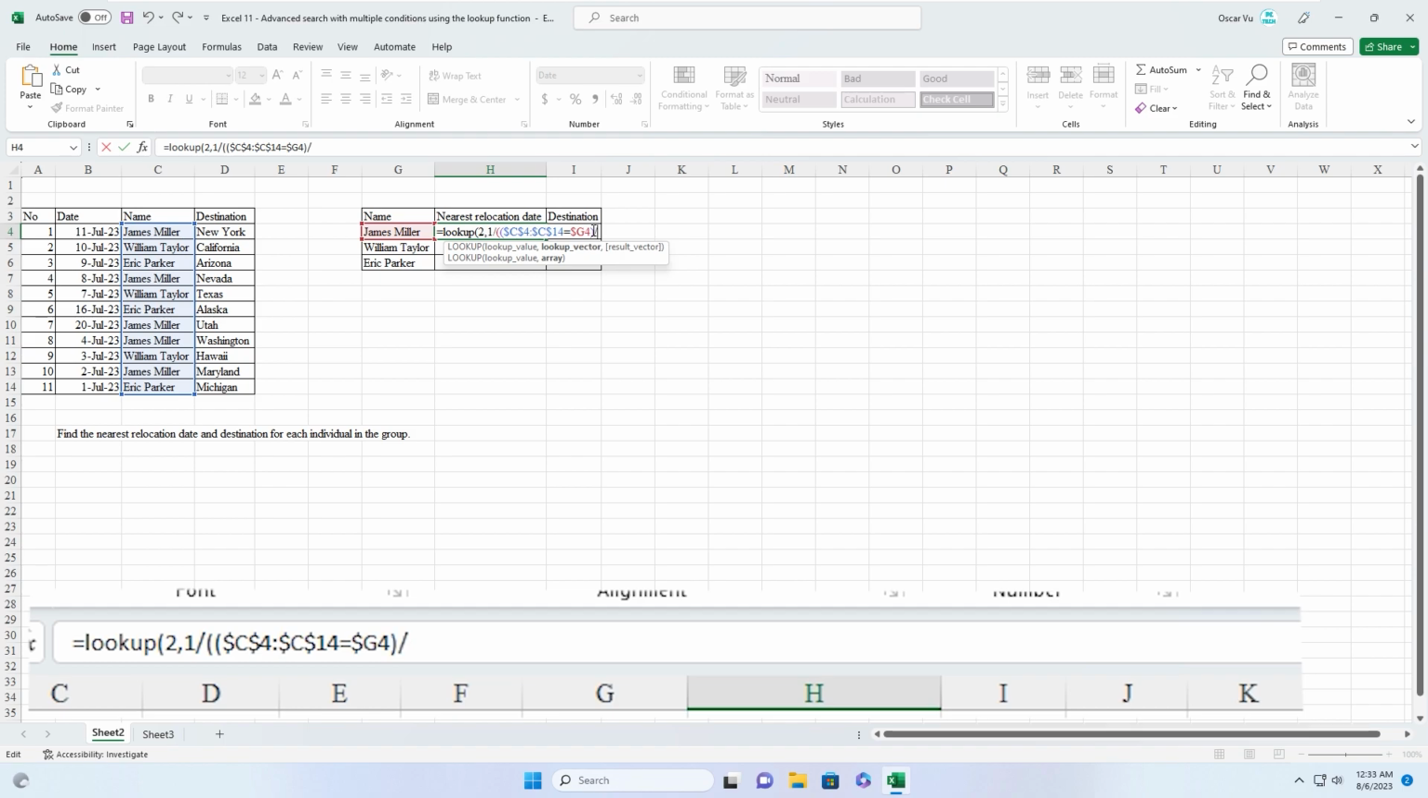Close parenthesis, divide, open parenthesis. Next is the condition about time. I select this range, press F4 to lock. In this range, I only find the corresponding date for each individual. It means I only find the date the same as James Miller. After that, I have to find the max number in this range, because the max number is the latest relocation date. So in here I put MAX